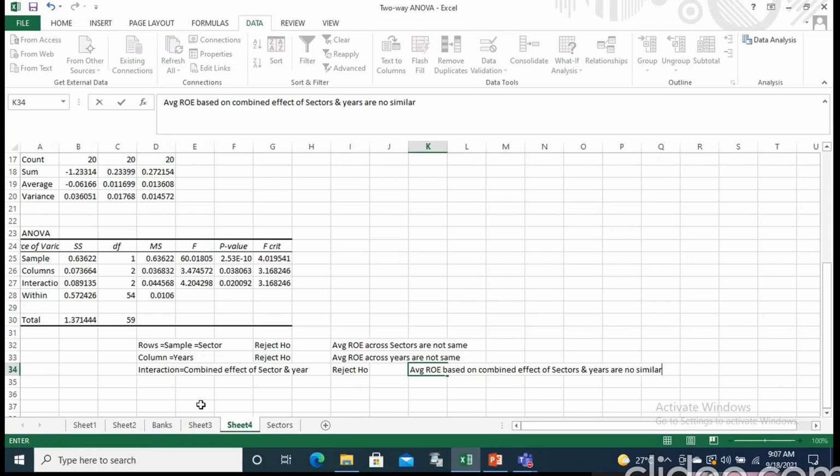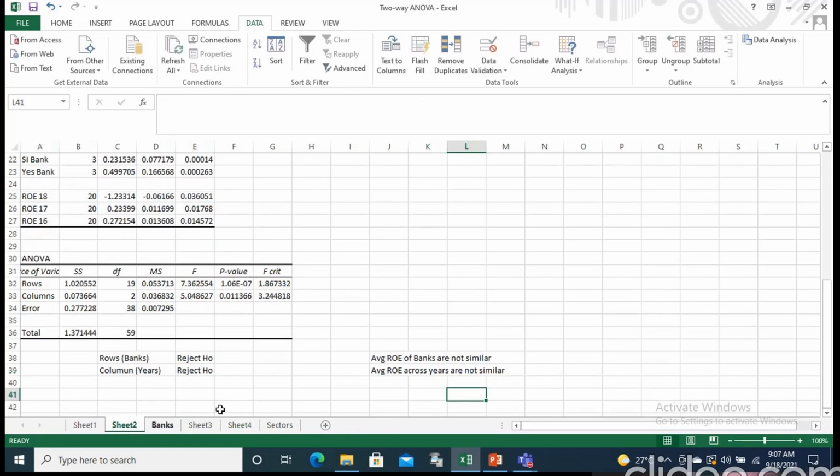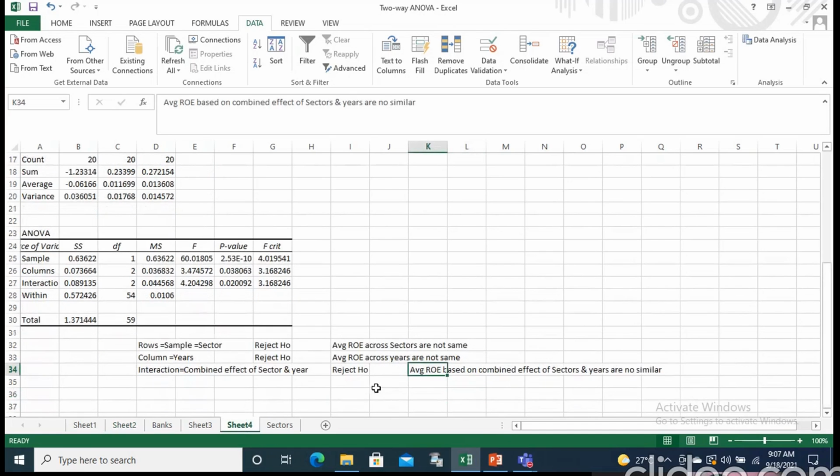Now, if you look at one of the sheets where we had done the ROE earlier, which is sheet 2, I think there also we had done the same thing. Average ROE of banks are not similar, average ROE of years are not similar. So here I had done it for the banks, and I just wanted to go one step further by taking a sub factor of the banks, and that would be my sectors, and then checking whether the sectors are similar or not. And now I am finding that this is the combined output. So when you are doing an Anova kind of exercise, in short, it actually gives you